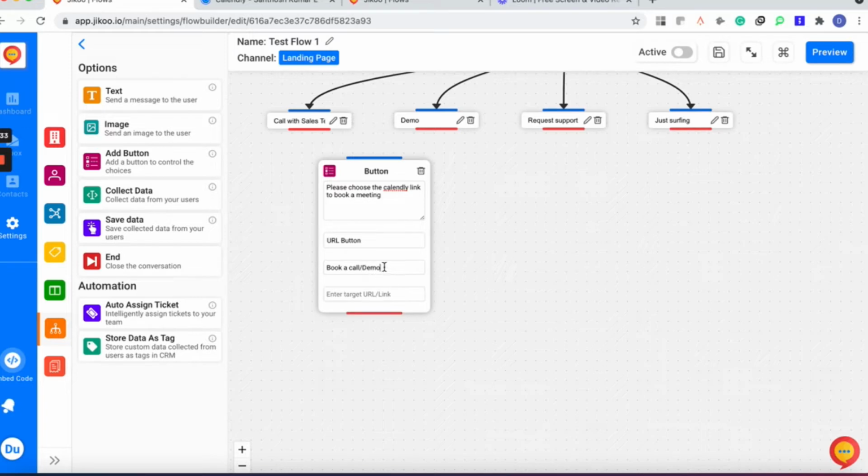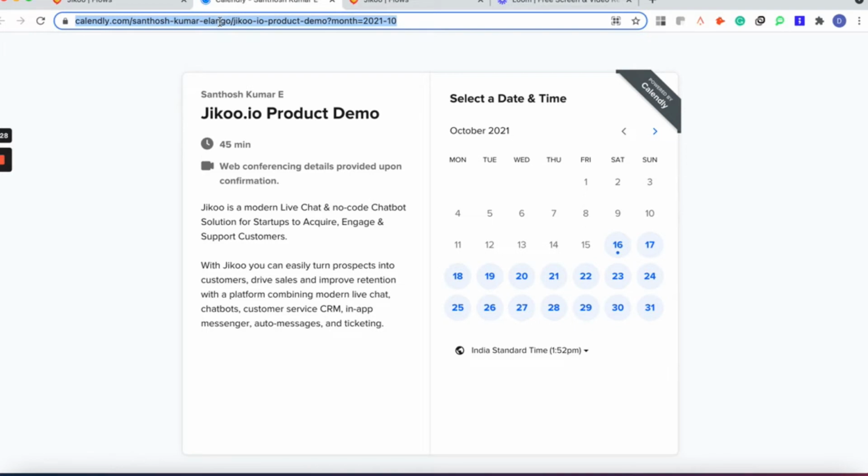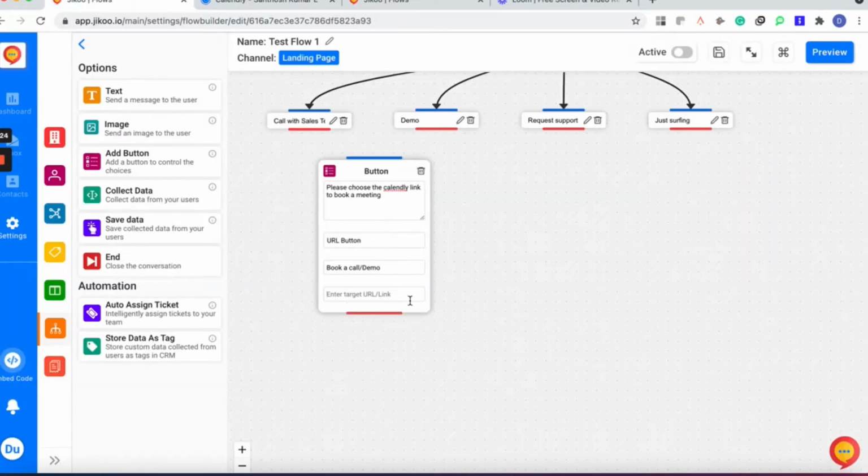But if they click on that particular text, it should redirect them to the page that I have set up. I'm just copying the link. I'm just pasting it in the enter target URL link option. After that you need to click on enter. That's it. As usual you need to connect the points.